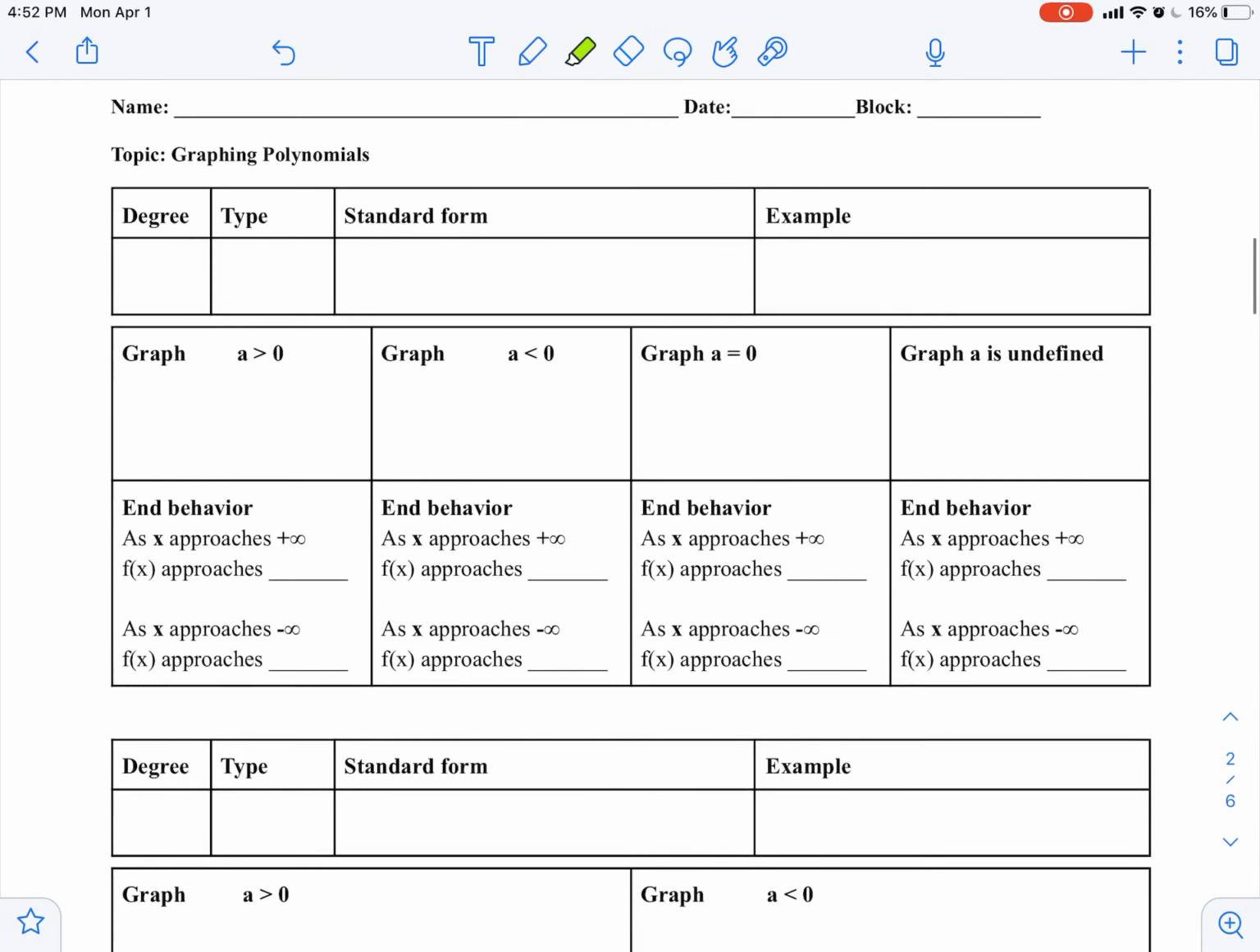Okay, so we're just going to continue on where we left off. I didn't want to make the video too long for you. So we're going to start with our tables, and we're going to look at each of our different types of graphs here. So the first one that we're going to look at